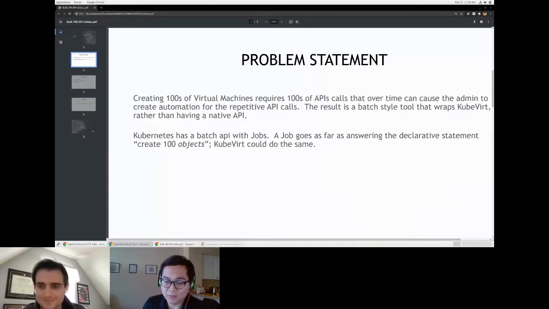Right now the automation is querying the API server 100 times to request 100 VMs being created, and that's repetitive. And let's say we only want to spawn up identical VMs, then it will need to prepare 100 identical VMs,